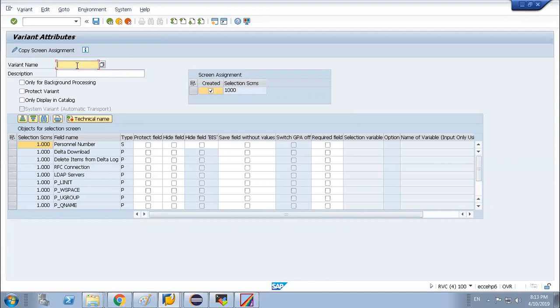Let's say I put this variant name as extract program US partner extraction. So I save it.